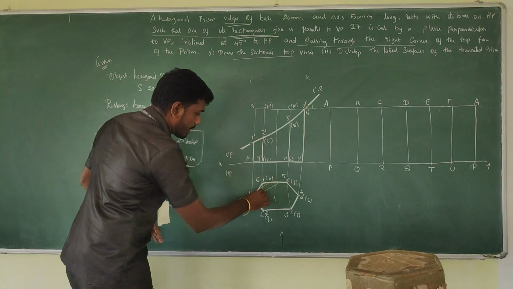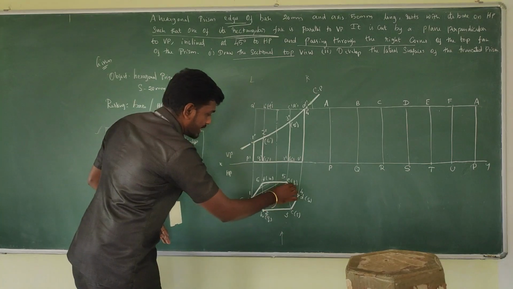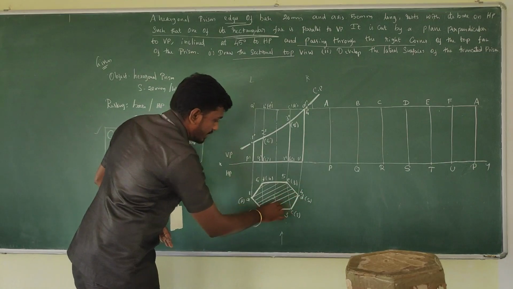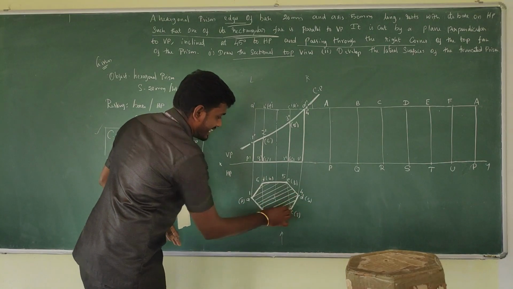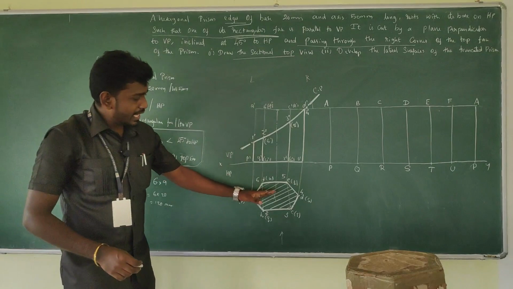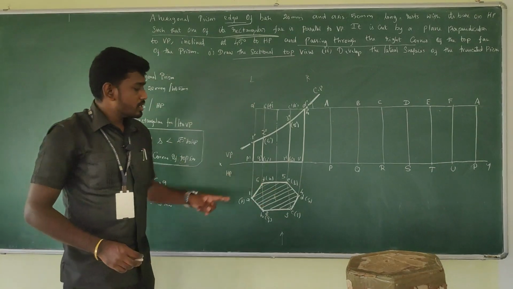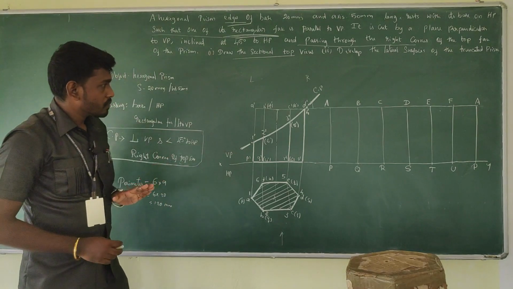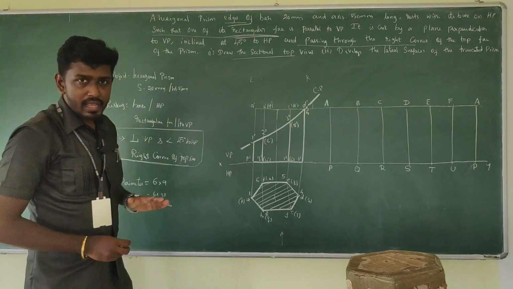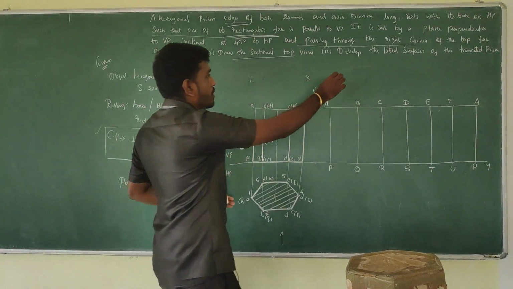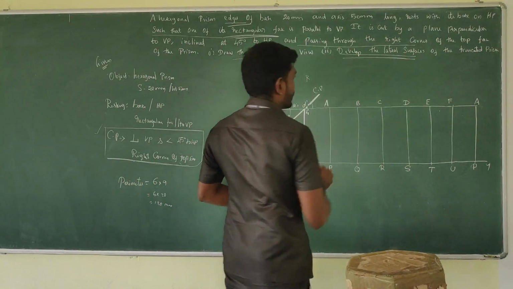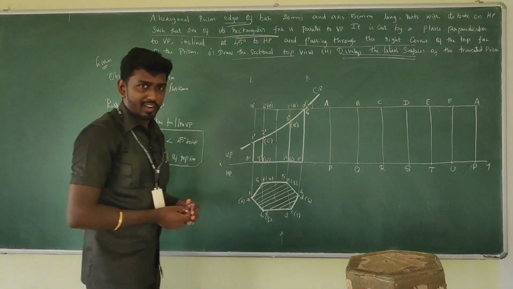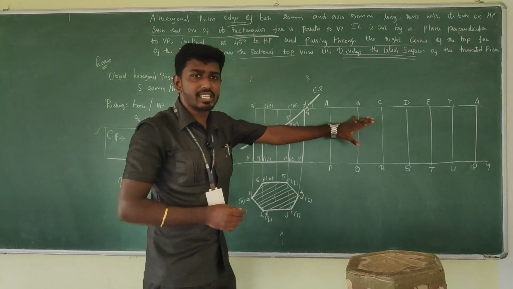So make a hatch. Hatching, we know that all the inclined lines are at 45-degree inclination, and we have to make an equal gap between them. Here 3 mm is preferred. Okay, fine. And next, for this truncated prism, we need to form the lateral surface. So this portion we need to develop. It is easy, half of the work is completed.